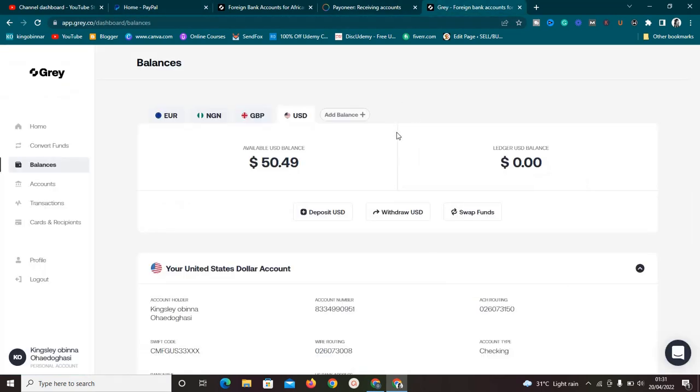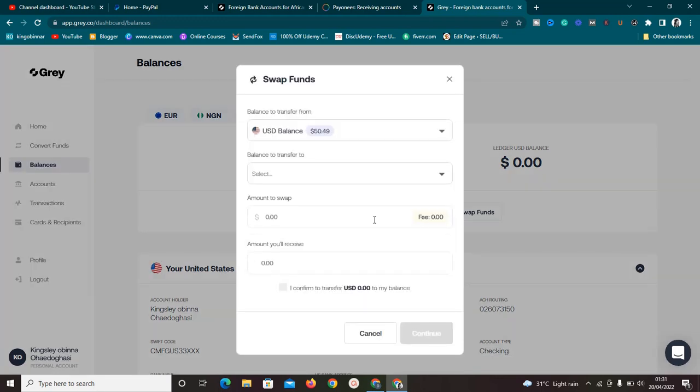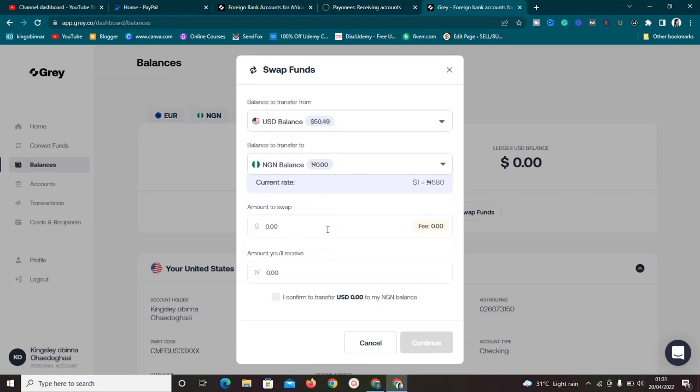Now for you to be able to withdraw your money from this USD now to Nigeria, we just need to swap this US funds. Okay, so just click on swap, and it's going to ask us which currency we want to swap to. We'll say Nigeria, and it's going to ask us which amount we want to swap. So let's say I want to swap everything. I'll just type it out, 50.49. Once I click on 50.49, it's going to tell me that it's going to take 50 cents away from the money. Then that's fine with me, and it's going to show me that I'm going to receive